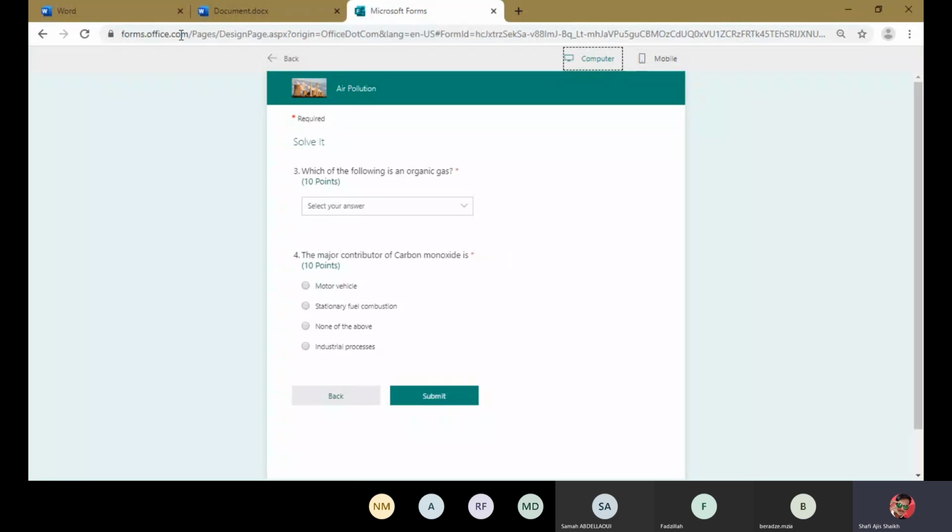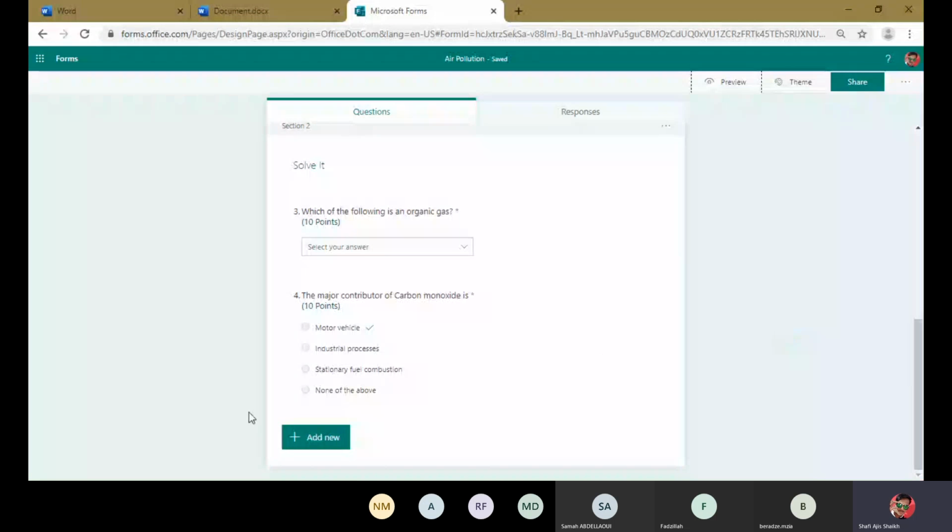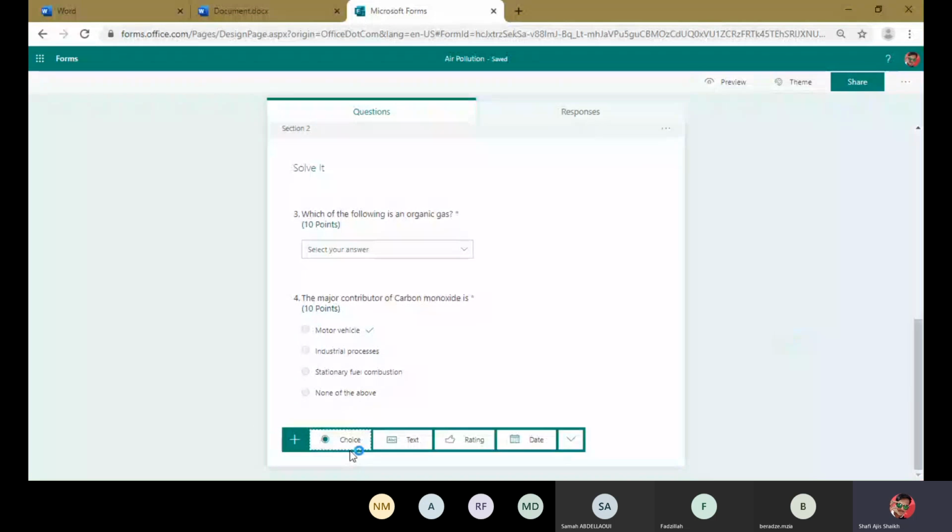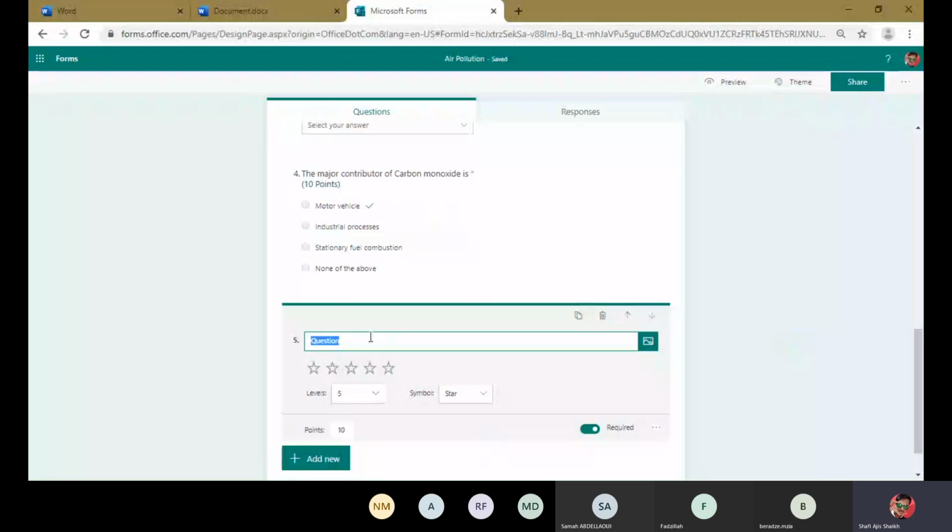So in this way, this is the preview. I'm moving back to my questions. Now we will add a different type of question. We have chosen choice and text. Now we are going to take rating, just for our information, not as a test for students. So my rating question is how was this test? For example, the student will rate it. Okay, we can give a rating from 1 up to 9.